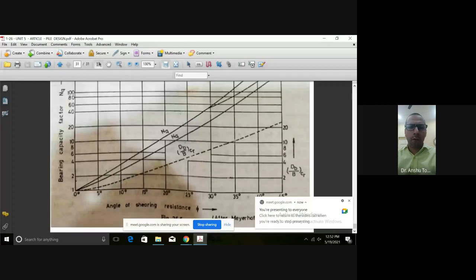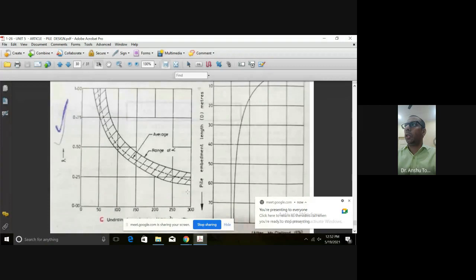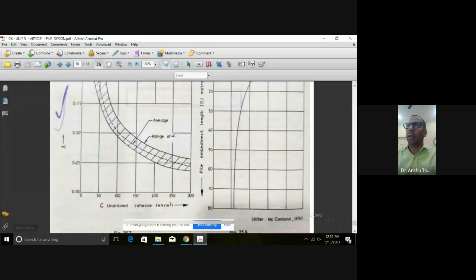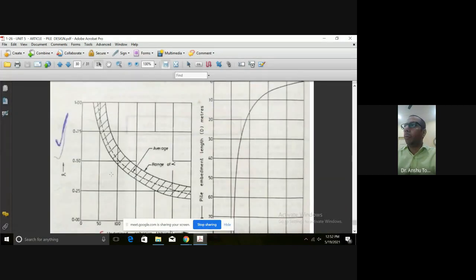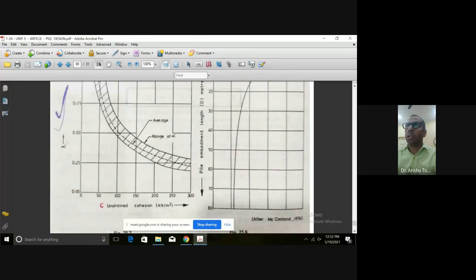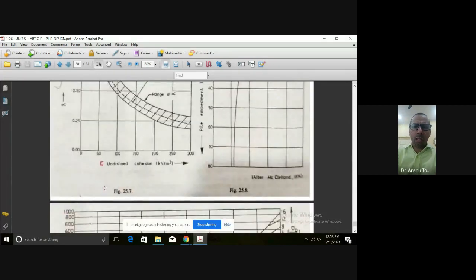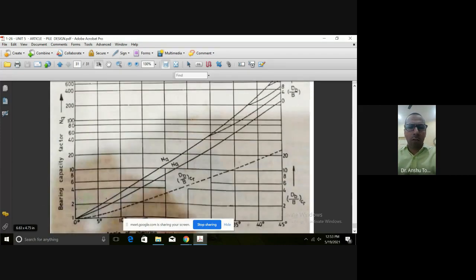So earlier these curves were not there, in the document I shared with you earlier. In the lambda method and the alpha method, we have a beta method also. So you can see we have lambda here, we have alpha here. These are the methods to find out the coefficients, basically in skin friction resistance. Using these, we can find out the Fs value because Qs is nothing but Fs into As.